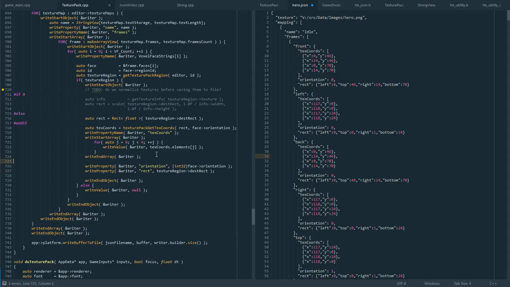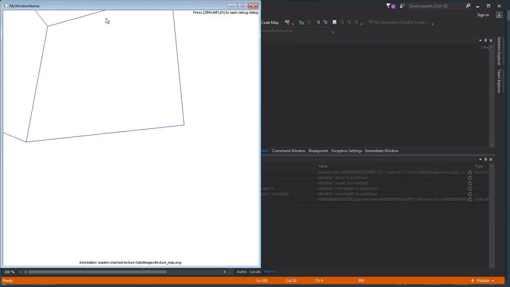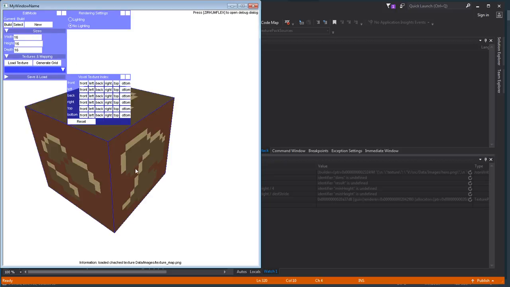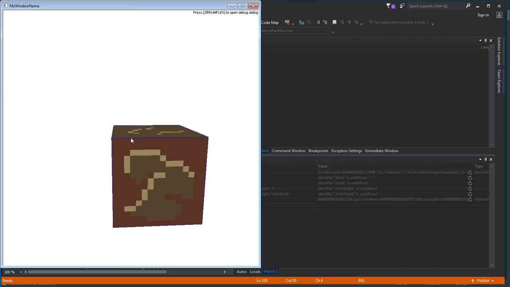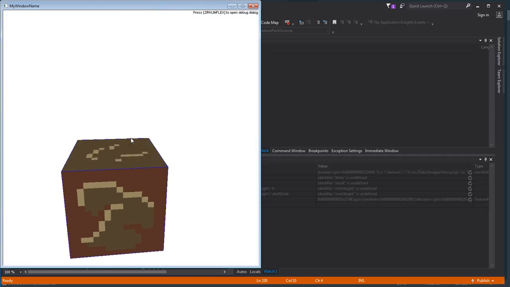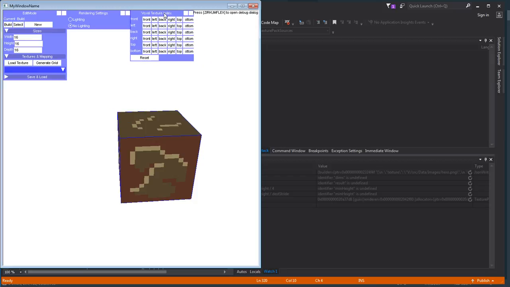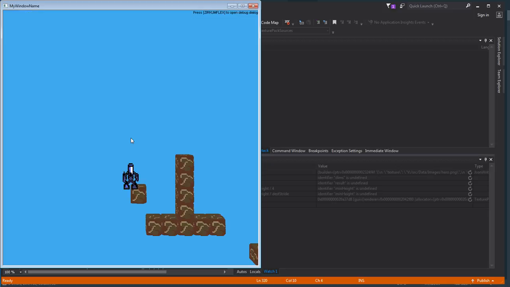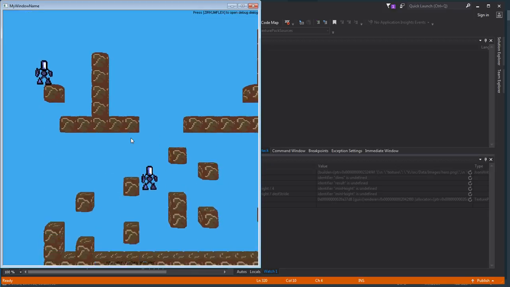So I think with that bug fix, I am actually finished with the texture packing editor. So finally, I think tomorrow I can work on the voxel editor again, and we're gonna do the hero animations in the voxel editor. So we have meshes for the hero in 3D. So voxel meshes using the texture mapping that we generated, and then I'm gonna update the game code to use